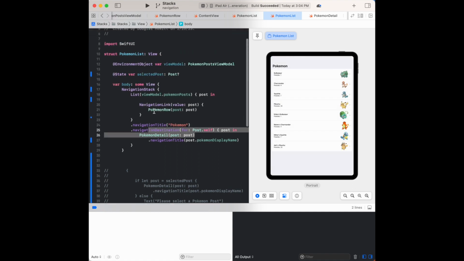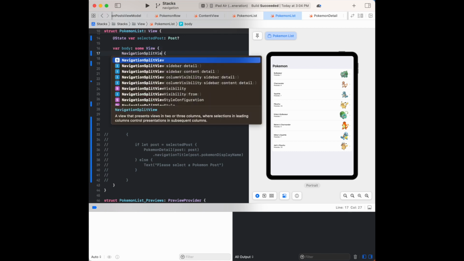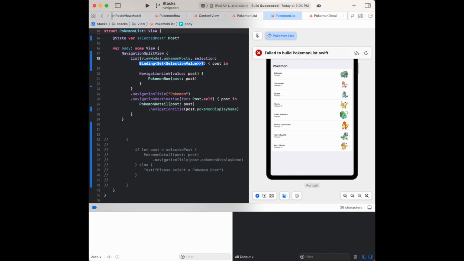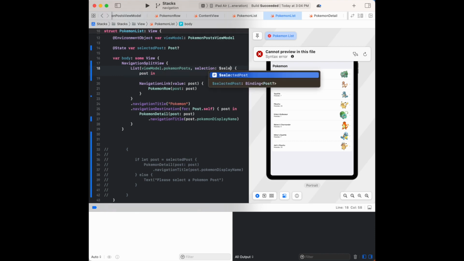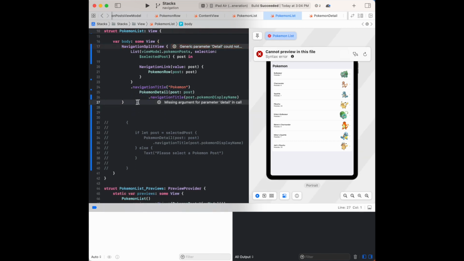So you can sort of see, okay, this is how we're back to navigation stack. There's a lot of ways to do this, right? And it can get complicated. To keep it simple, I would say stick with the navigation split view and use that as a template. So let me move it back one more time and you can see what that looks like. First thing we want to do is change this to split view. We're going to bring our selection back because we want that in this case. And now we don't have navigation destination anymore, so we get rid of that. We get rid of that. But we do have this